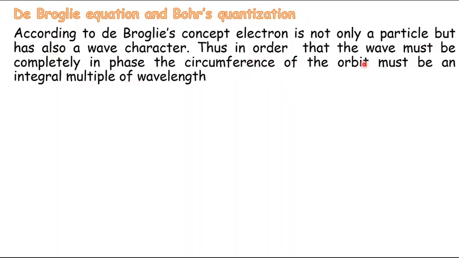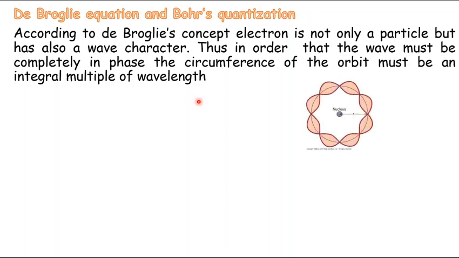Thus, in order that a wave must be completely in phase, the circumference of the orbit must be an integral multiple of the wavelength. यानी अगर ये circumference जो आपको circle दिखाई दे रहा है, if this is the orbit of an electron, and according to the de Broglie's hypothesis, इस electron के साथ waves associated है, and it is mandatory that these waves must be in phase. इनको phase में होने के लिए जो ये circumference है,